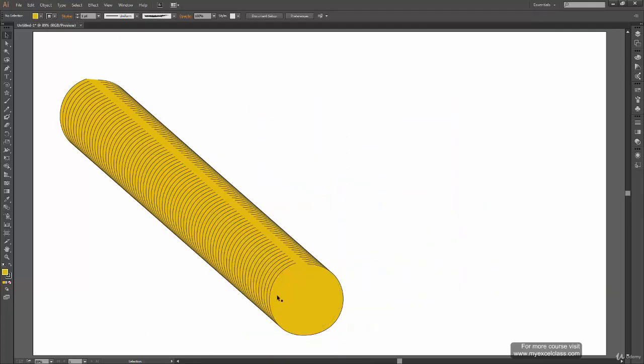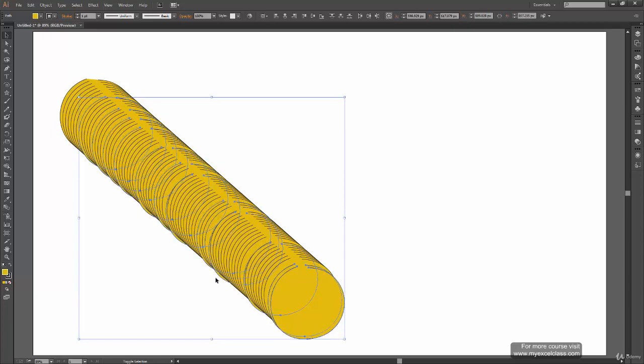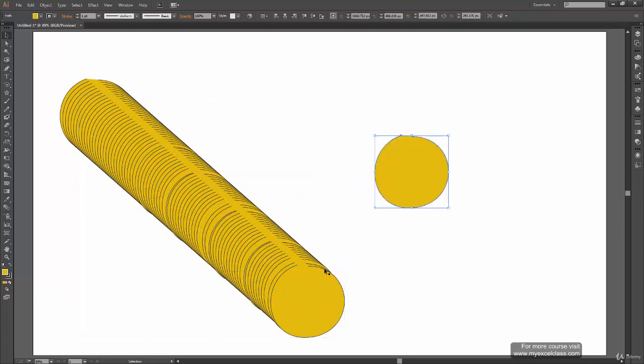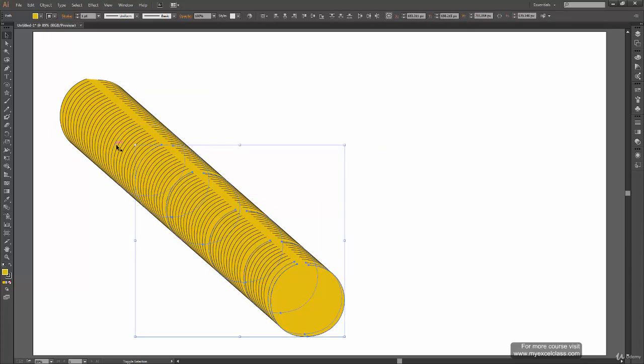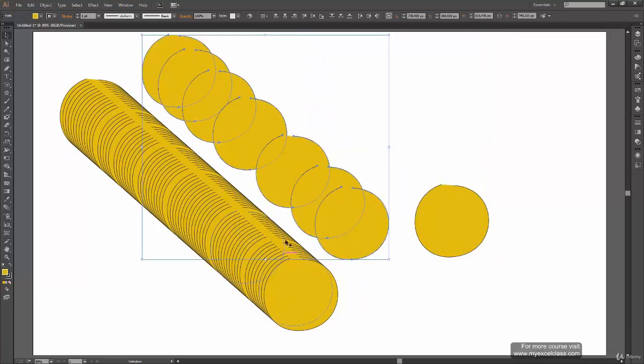Or you can press shift and select other shapes to have multiple selection, and then, after selecting all the shapes, you can just click on any of them and move them. Now to deselect from the selection, again you can press the shift key and click on any of the shapes, so that will be deselected from the selection.